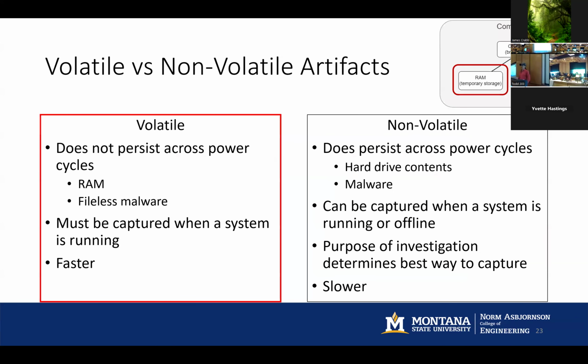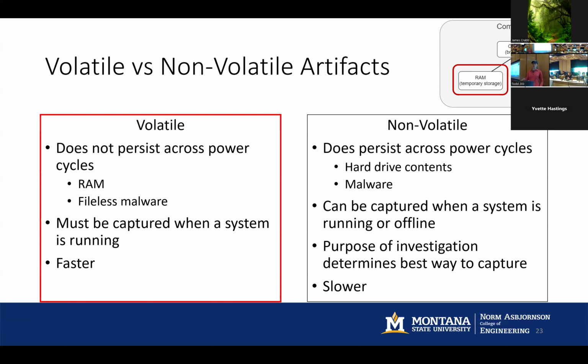Okay, so when we're looking at temporary and permanent storage, we're going to be looking at the artifacts that reside in those spaces. So that's going to be the volatile and the non-volatile artifacts. The volatile is just going to be that temporary storage where it is basically erased whenever you do a power cycle. We want to make sure that we're capturing volatile memory for those artifacts when the computer is on. And so if an attack occurs,